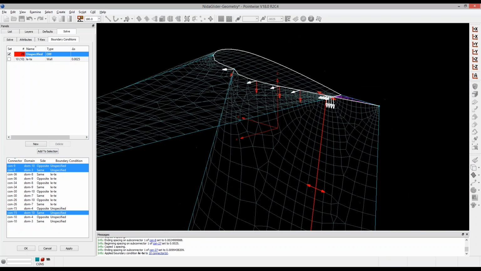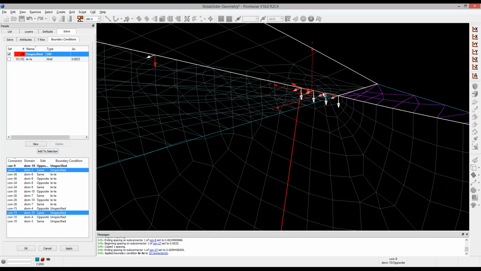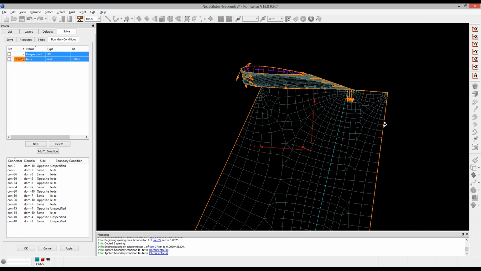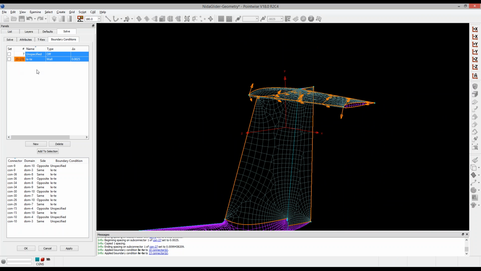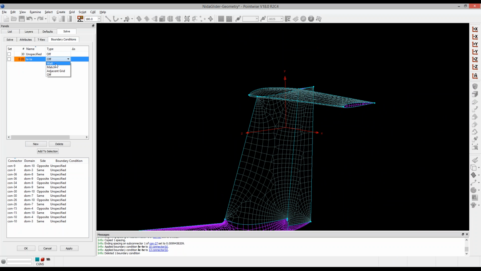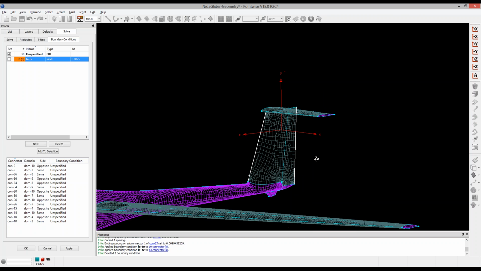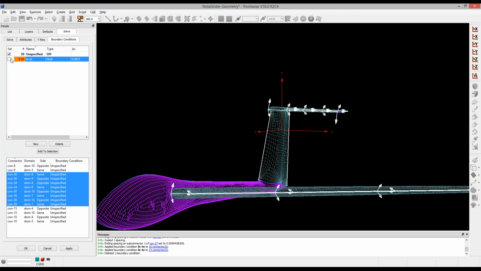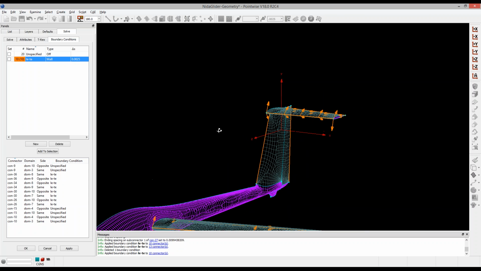So I'll go ahead and select those, and we're going to drop those into that boundary condition. Okay, and the match connector, oops, let's go ahead and undo that step. I dropped them into the incorrect boundary condition. So we're going to go leading edge, trailing edge. We're going to do wall type again, 2.5 millimeters. We'll select all of those boundaries, put those in that boundary condition, and then we're going to create